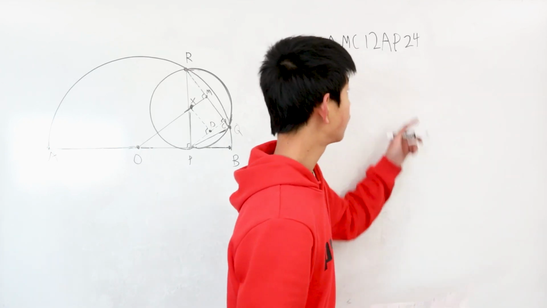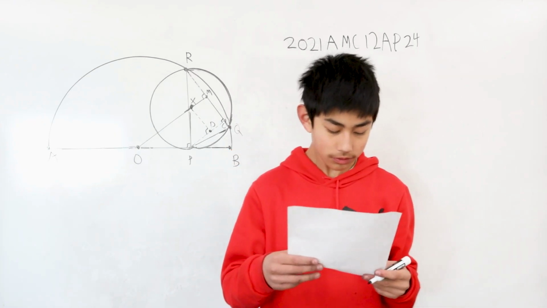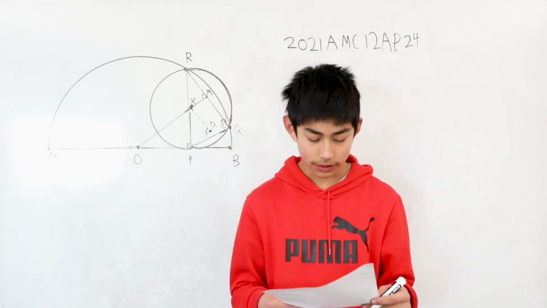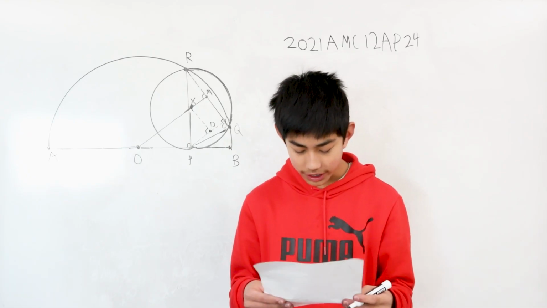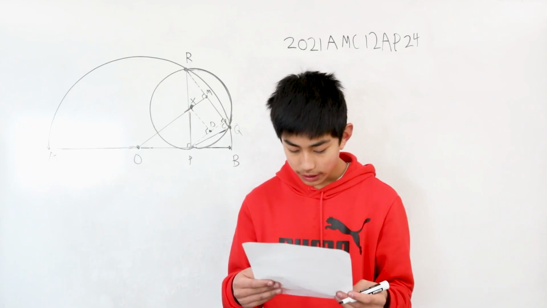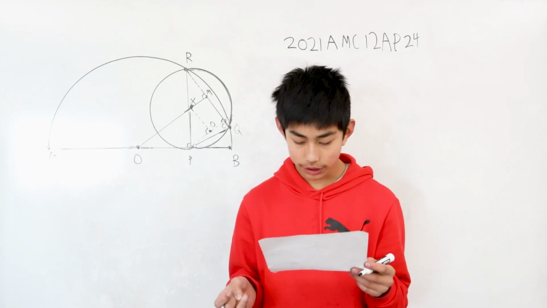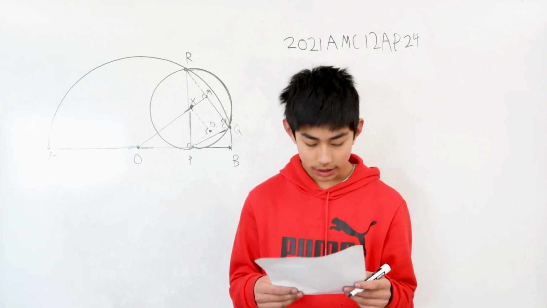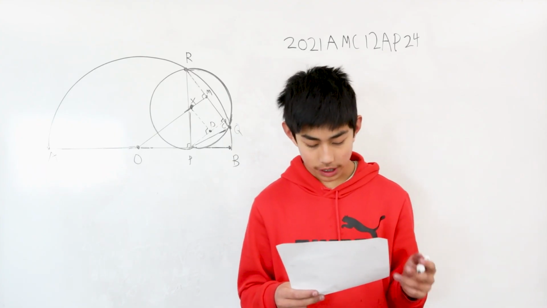We're solving problem 24 from the 2021 AMC 12A. Semicircle gamma has diameter AB of length 14. Circle omega lies tangent to AB at point P and intersects gamma at points Q and R. If QR is 3√3 and angle QPR is 60 degrees, then the area of triangle PQR equals